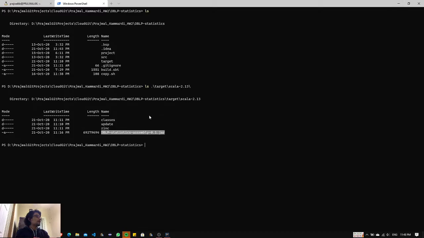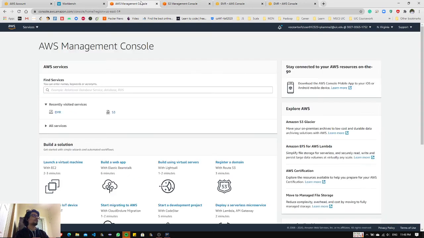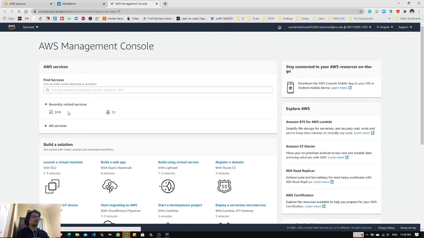So the jar is created. Now let us open EC2, let me start from scratch. So, the AWS console. Now you have to deploy your jar into Amazon S3.